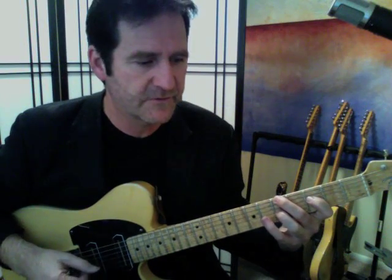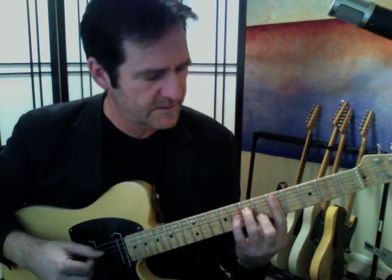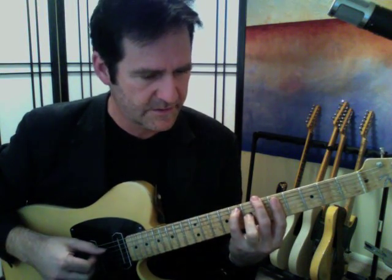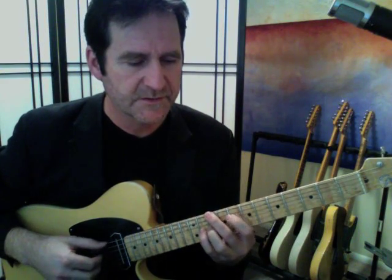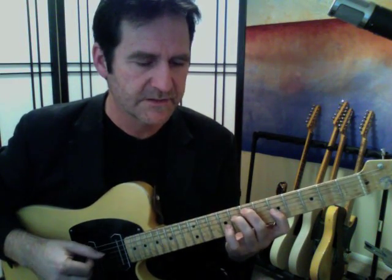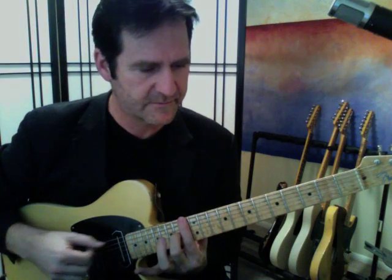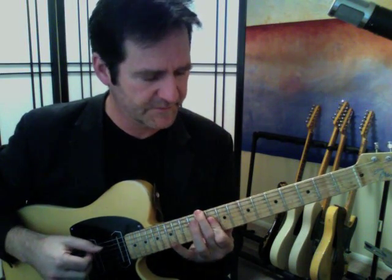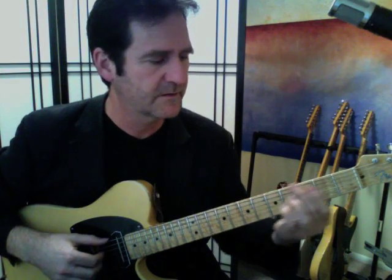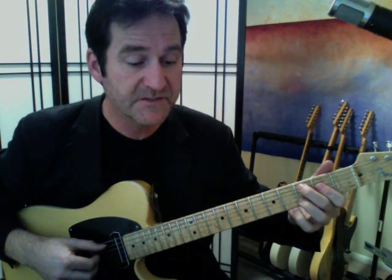An F triad in first inversion, F6 in second inversion with the 5th in the bass, then D minor 7, a first inversion D minor 7, a G minor 7 in first inversion, a second inversion G minor 7, C7 6 or C13, and a C7 chord in first inversion, C minor with 5th in the bass, C minor 9, F7, then F7 with the flat 7th in the bass, B flat in first inversion, B flat major 7, B flat minor 6, and B flat minor 6 with a G in the bass, F major 7, F6 with 5 in the bass,